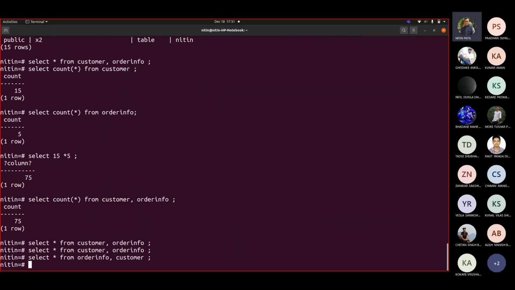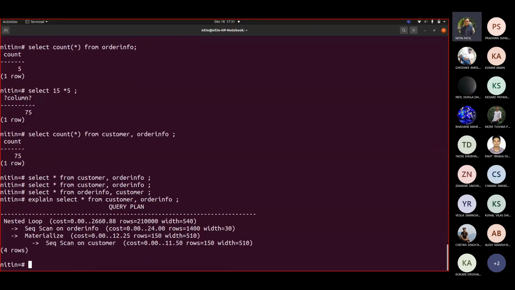So it depends on what exactly you are writing in the query. When you execute it the first time, whatever gets added in the buffer, the same thing would be added. So let me write our explain here. Now see what query plan was shown. Nested loop, and there is materialize. Two times sequential scan was fired. Now can you see this as a tree? See, it is properly organized.